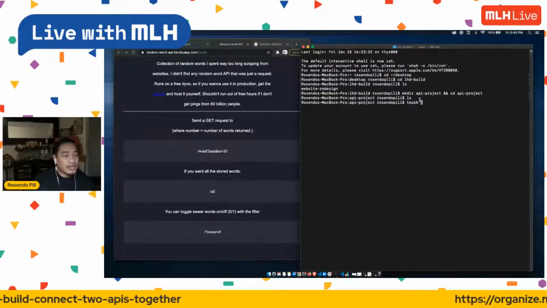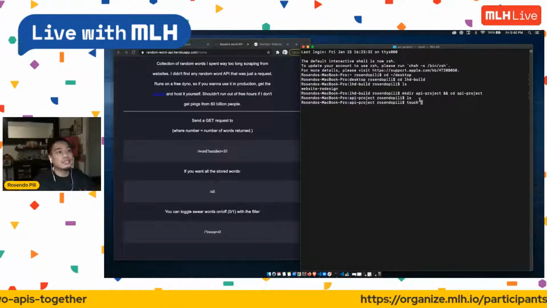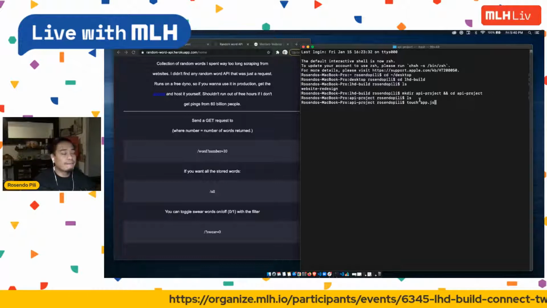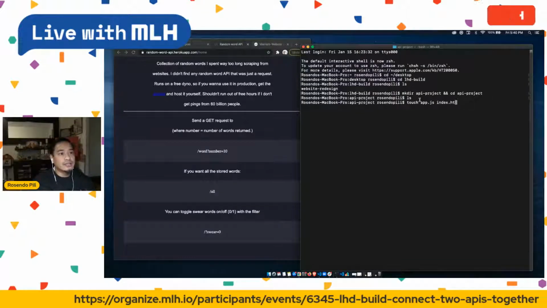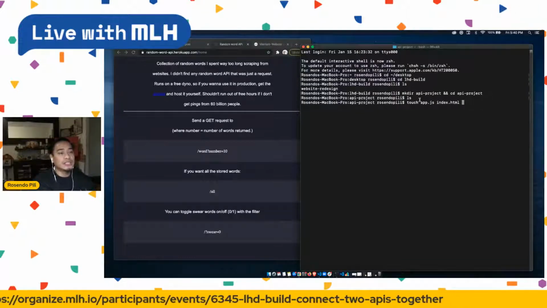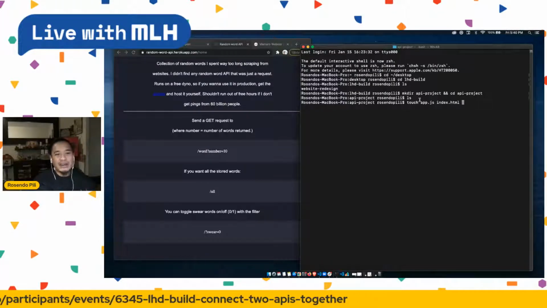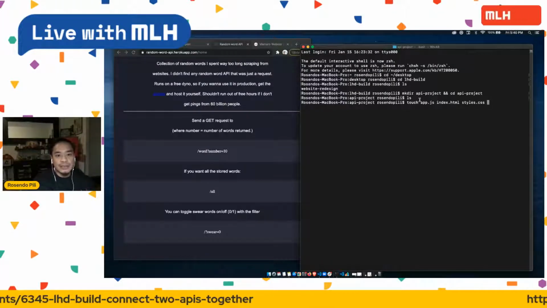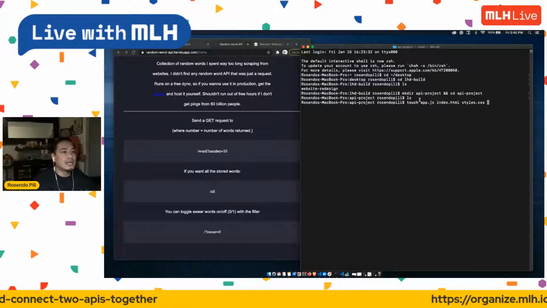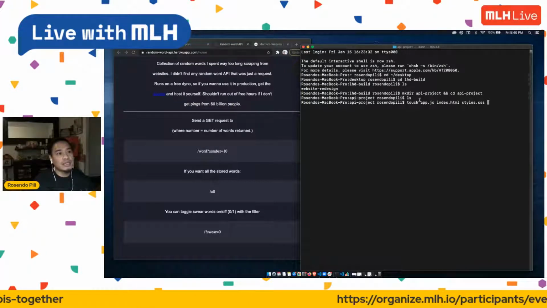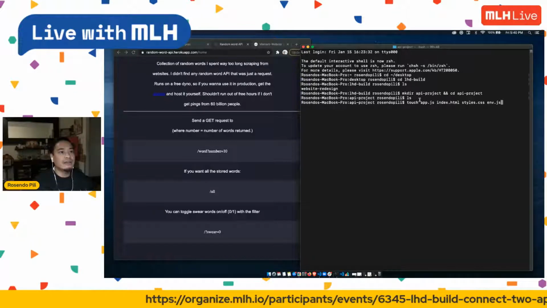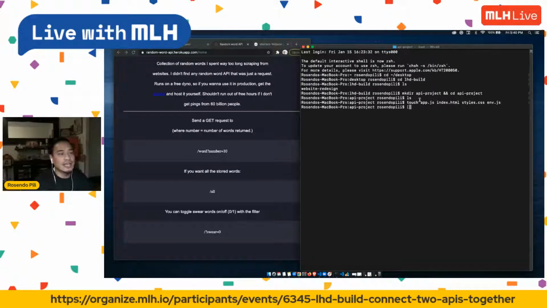Now I'm going to start creating the stuff that I need. So I'm going to need an app.js. I'm going to need an index.html just to render my HTML. And I don't know if I need a styles.css, but we'll make one anyway, just in case we get to that point. And that should be it. You know what? I'm going to create an env.js just in case,